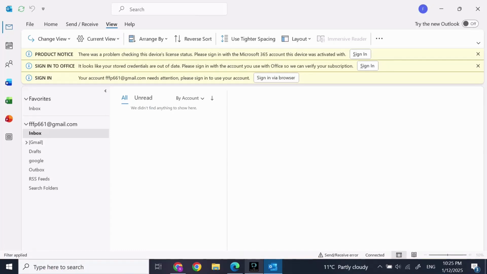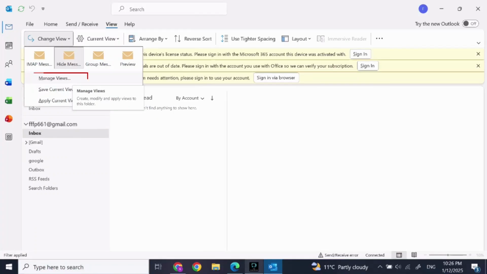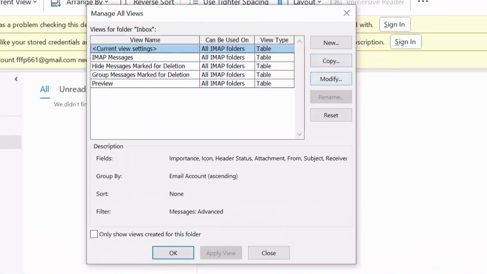If that does not work, click on View at the top, and then click on Change View. After you've clicked on Change View, you'll find different options pop up. Click on Manage Views. In here, click on Modify, click